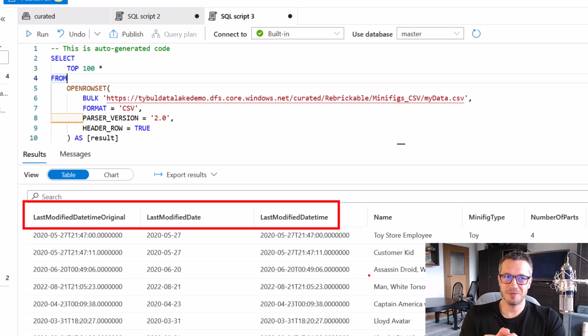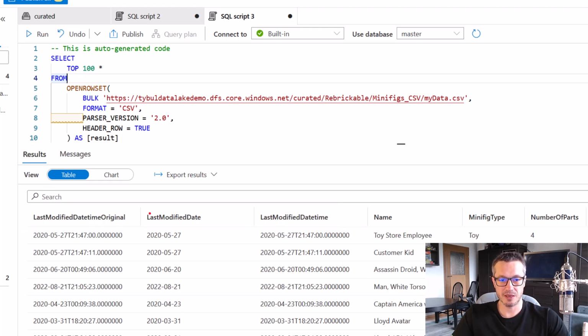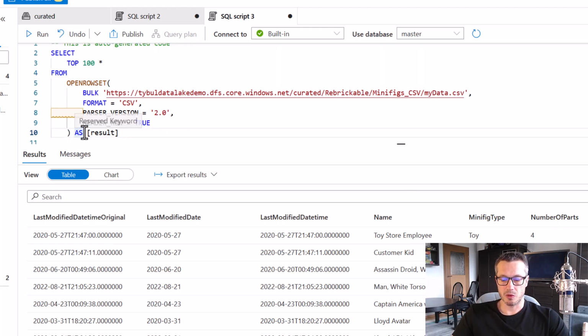And usually it gets it right, but if not, then you might want to provide the schema explicitly. For example, you might say that, hey, I want to read maybe only this column, which is of date type, and maybe only number of parts, which is of integer type or whatever. And to make this work, you can